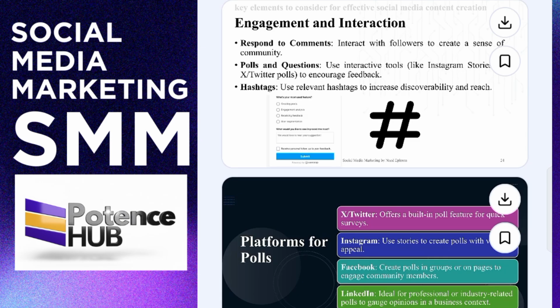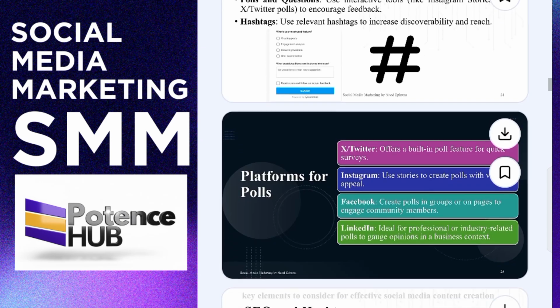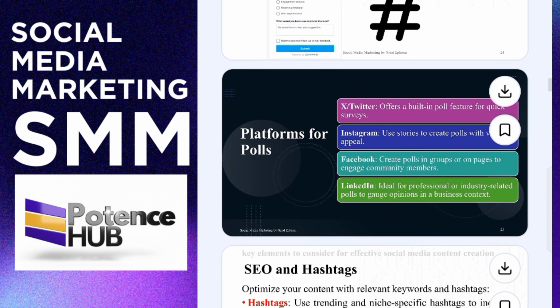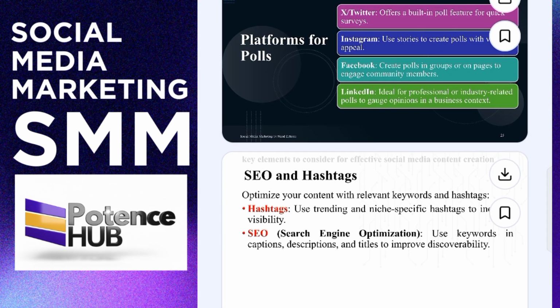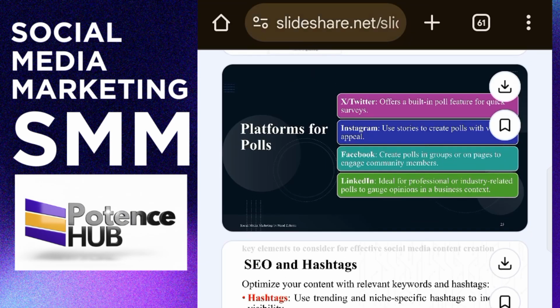Now, hashtags are also very important. You have to use relevant hashtags. Use hashtags that are highly conversational, in line with your niche, and also use some of your own personally created hashtags as well. Now, these are also platform specific and all of that. You could take your time and also create polls. You could do a question and answer session.